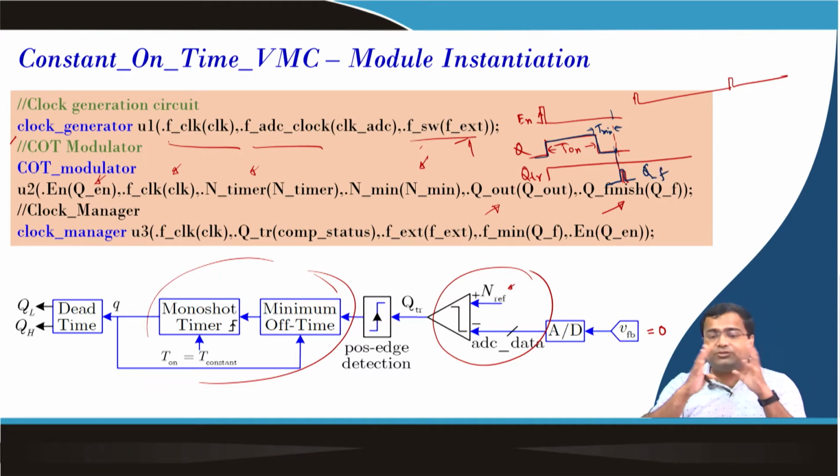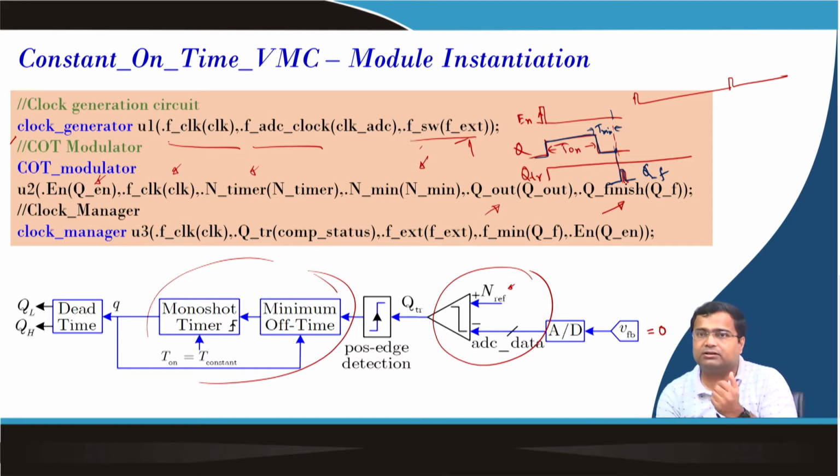So, Q finish is not simply after finishing the on time, it is after finishing the on time followed by the minimum time. Then it will say that you can now turn on the timer. That means the on monoshot timer is relaxed, or basically released. So, you can now turn on again, but until this minimum time is complete, it will not enable